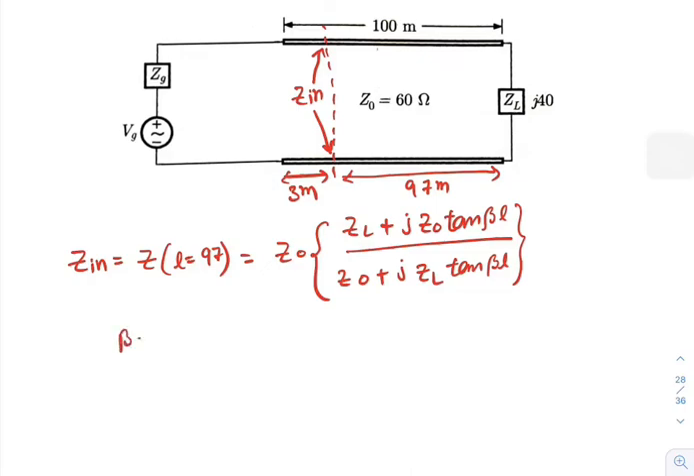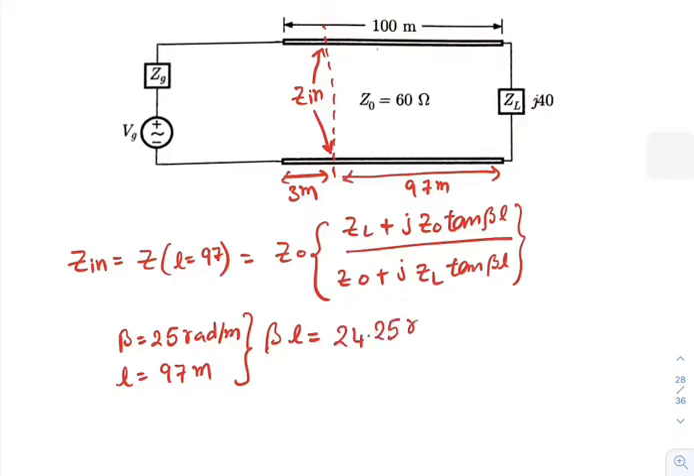Now, the value of beta is 0.25 radians per meter, and we need the impedance at a distance of 3 meters from the source. This point is at a distance of 97 meters from the load, L equal to 97 meters, and the beta L value is equal to 24.25 radians. Upon converting into degrees, multiplying by 180 by pi gives you 1389.42, and this value is equal to